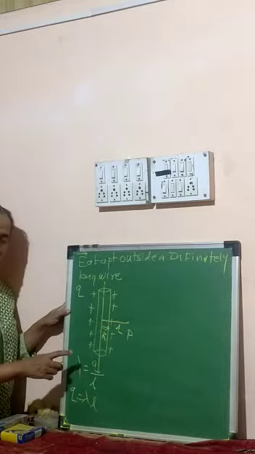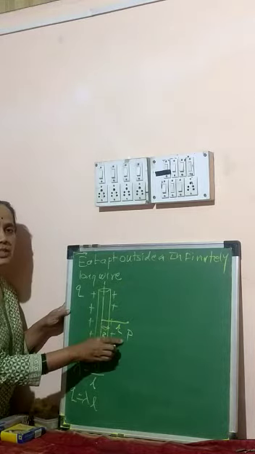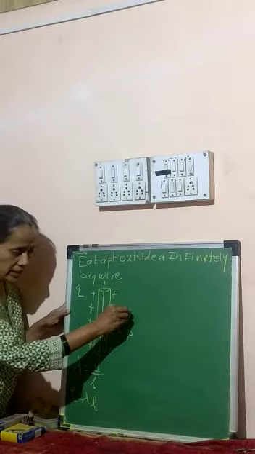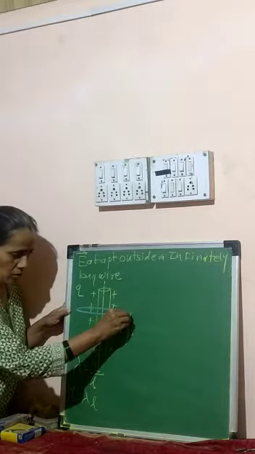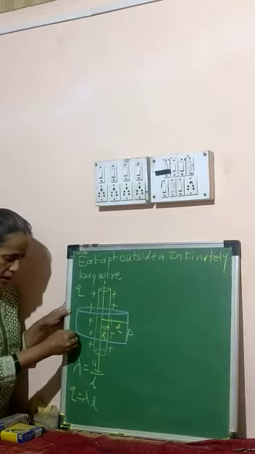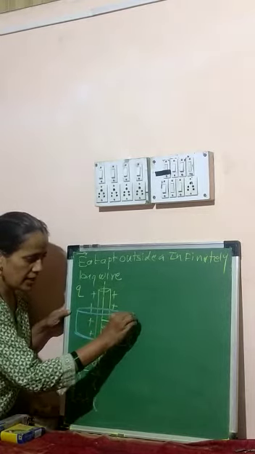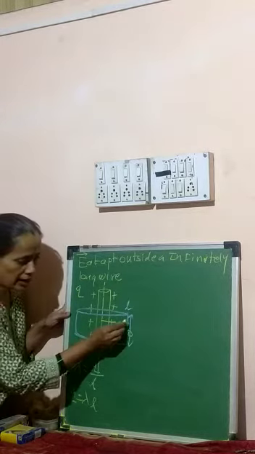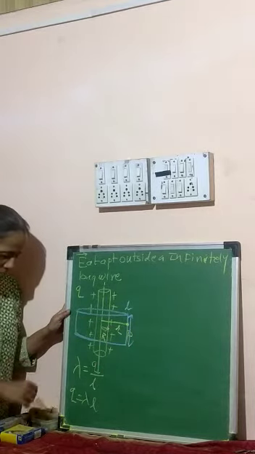according to Gauss theorem. So in Gauss theorem, what is the thing? First, we have to draw a Gaussian closed surface which encloses this P point. So what we do? We draw a Gaussian cylinder such that the radius of that Gaussian cylinder is small r and length of that Gaussian cylinder is nothing but L. And your P point is lying on the curved surface area of that Gaussian cylinder. So that is step number 1.